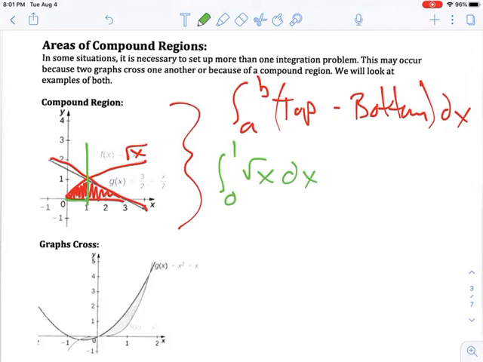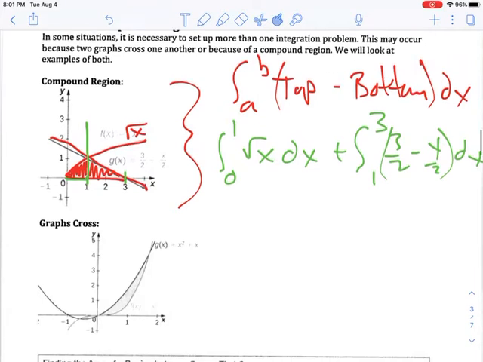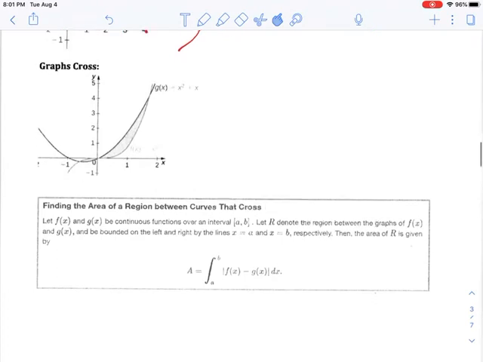And then from 1 to, I believe it would be 3, the integral from 1 to 3, we have the other function, 3/2 minus x over 2, as the top function. So the moral of the story here is we have to set up two integration problems. The second example is a little bit more complex